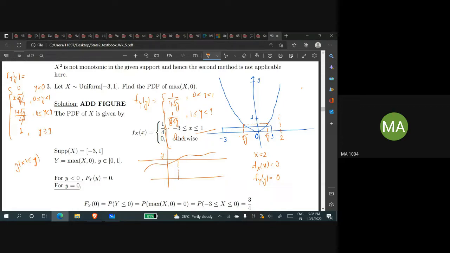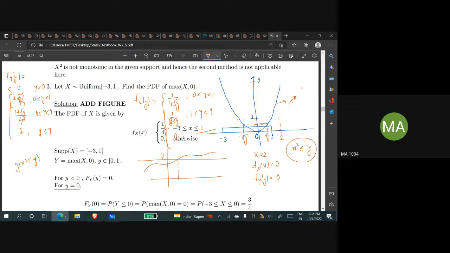Now in this case, our g of x is x square, so if I'm saying x square is less than or equal to some y, and this y lies between 0 to 1, then finding that probability is equivalent to finding the probability that x lies between minus root y to root y. If we are finding the CDF probability that x square is less than or equal to y when y is between 1 to 9,